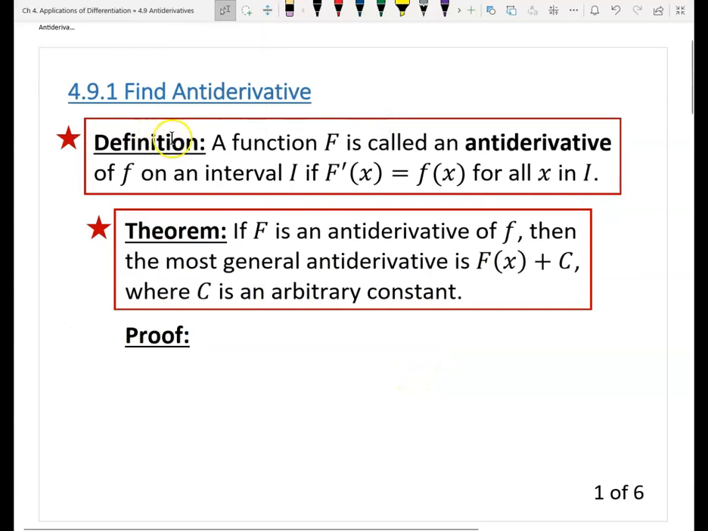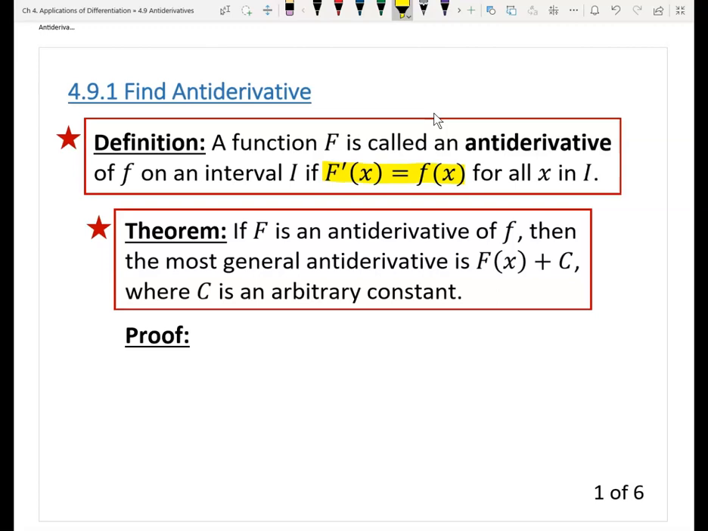Here is the definition of antiderivative. A function capital F is called the antiderivative of a lowercase f on an interval if capital F take a derivative goes to the lowercase f for all the x in I, which means what? This is the definition. So let me highlight